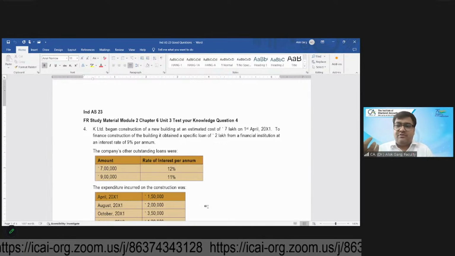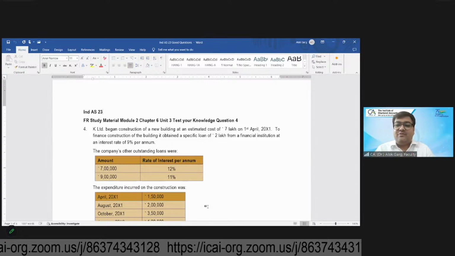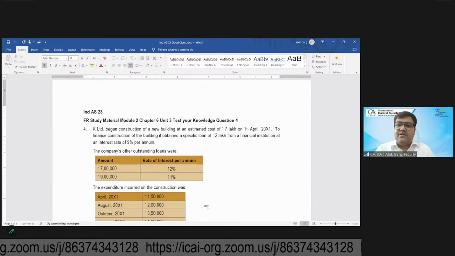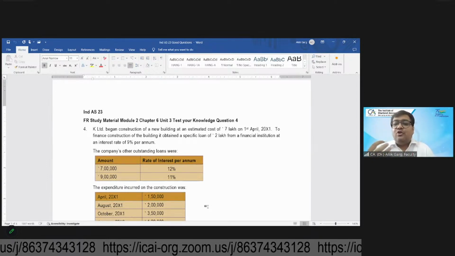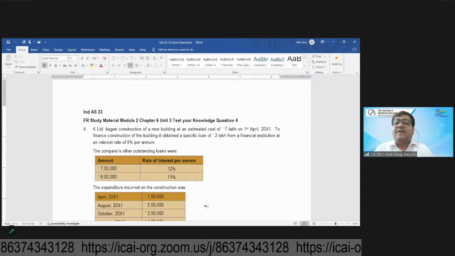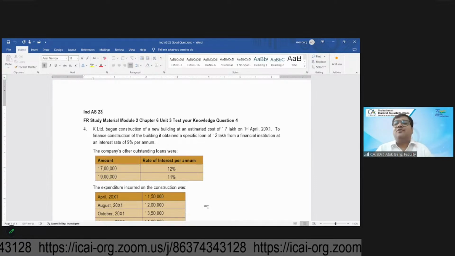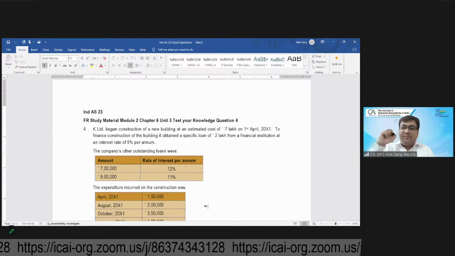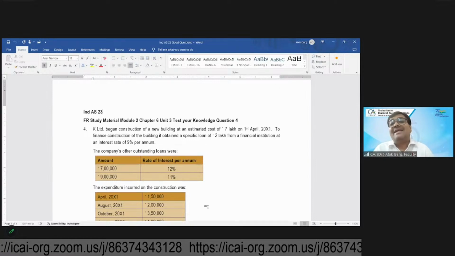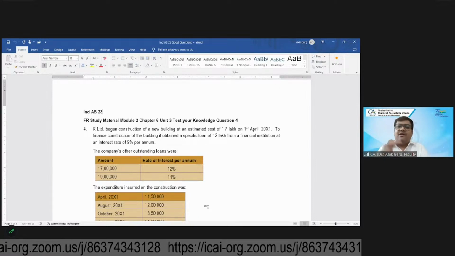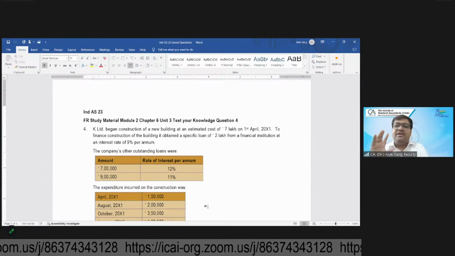That is your borrowing cost. Or if, for construction of a qualifying asset, you have taken an asset on a lease basis, and you are applying Ind AS 116 accounting, you are capitalizing the lease liability and the right of use asset. On the lease liability you are also paying interest. That interest is also a borrowing cost, which is going to be capitalized as a cost of the qualifying asset. So borrowing cost details are there, and I have covered this entire Ind AS 23